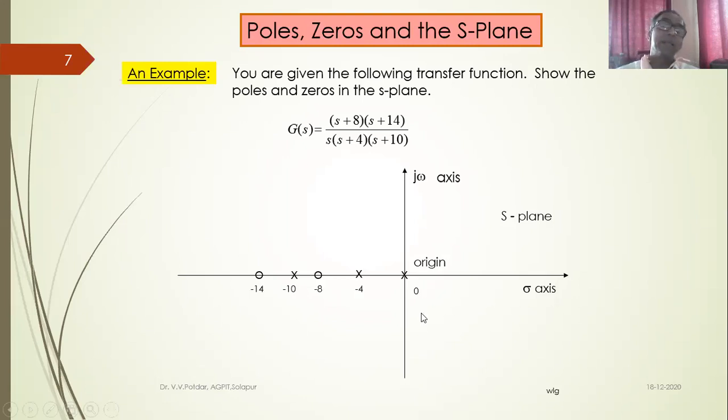So what are the three types I said? The system is completely stable if the roots lie on the left half of the S plane. The system is completely unstable if the roots lie on the right half of the S plane. And the system is conditionally or marginally stable if the roots lie on the imaginary axis. So in general, this is the stability criteria. This is how we analyze the stability behavior of a given physical system just from the transfer function. Just by having a pole zero plot, I can generally predict how the system will be stable for given values of parameters. I think we'll stop for this lecture, friends.